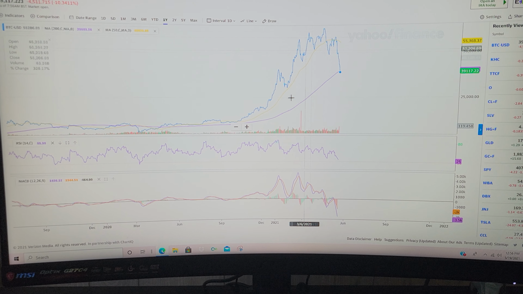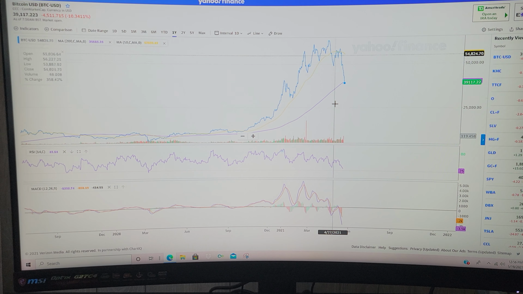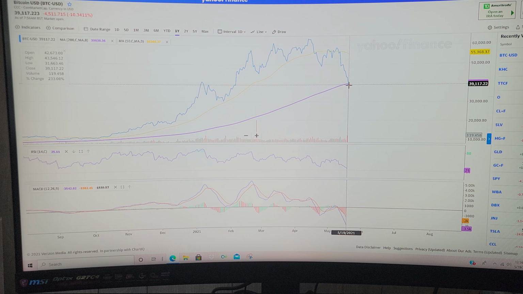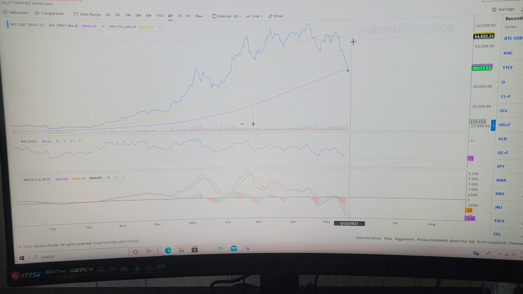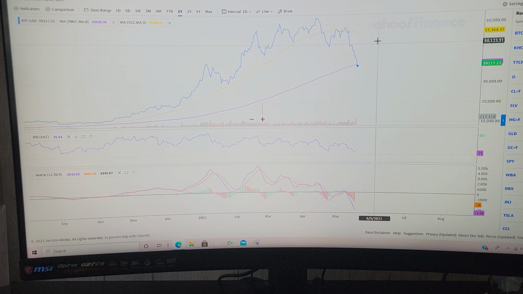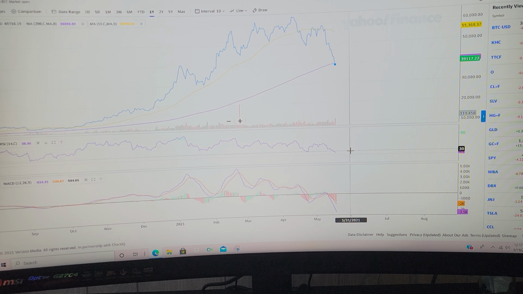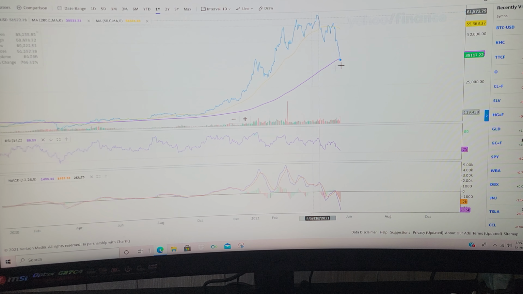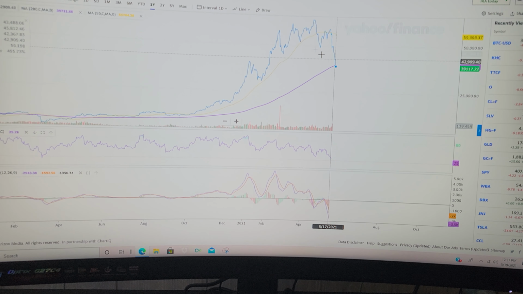This is our 200-day moving average. It is the most important average when trading, the purple line. Look at it. Let's see if it bounces off that average. This is the yellow line, the 50-day moving average. If that yellow line crosses with that purple line, it will create a death cross, which is bearish sentiment, okay? I usually go to the candles and wait for a full candle to close under the 200-day moving average, but